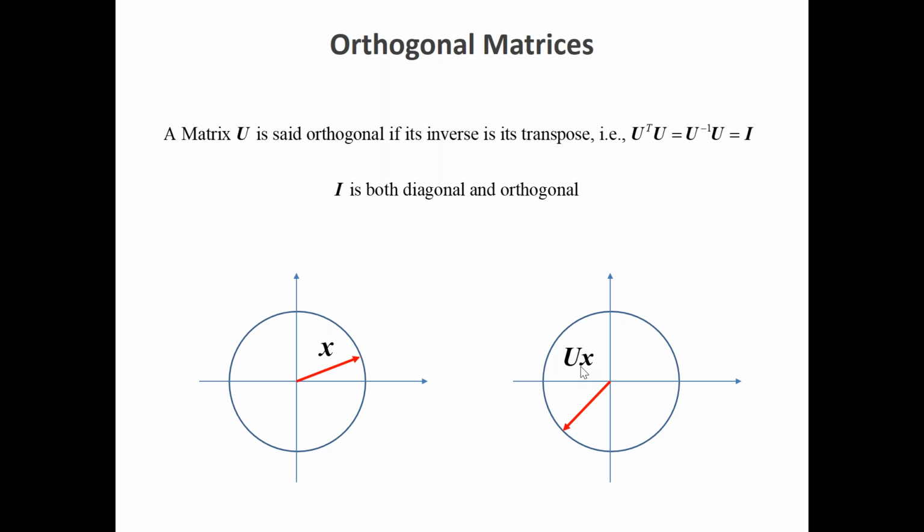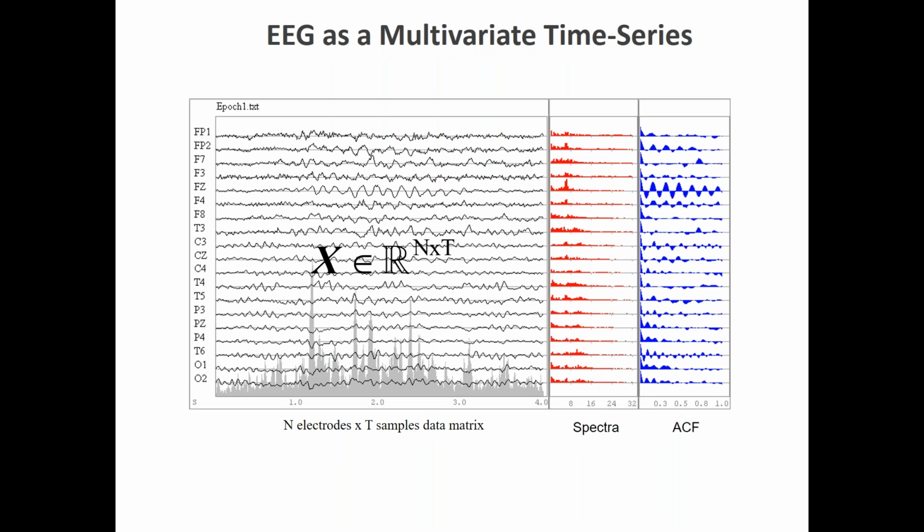Okay, having said so, now we can start talking about EEG. And what is EEG? Well, EEG data is a matrix. Every sample is a number, which could be positive or negative. And you have a certain number of rows. If we arrange the data in this way, every row will be one time series, one electrode. And there are a certain number of electrodes, so a certain number of rows. So this is a matrix of dimensions n by t, where n is the number of electrodes and t is the number of samples. In this image, we have 4 cycles, but it could be much larger than that. In any case, it's going to be a matrix.